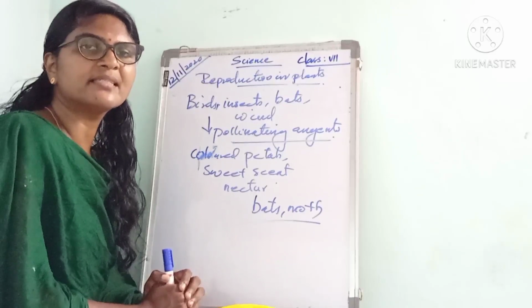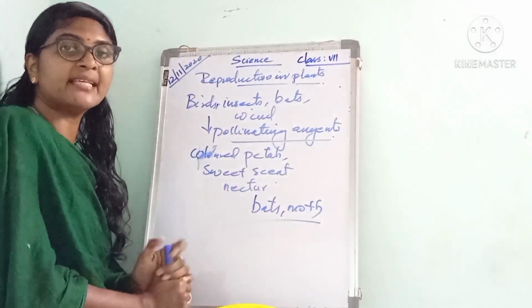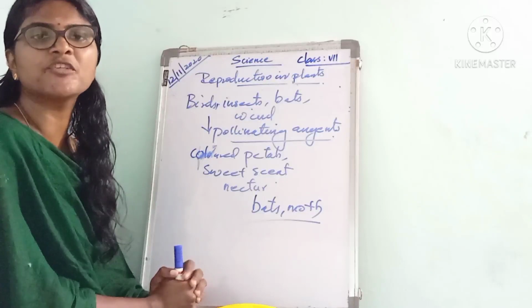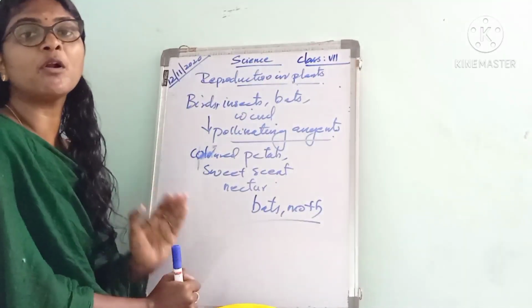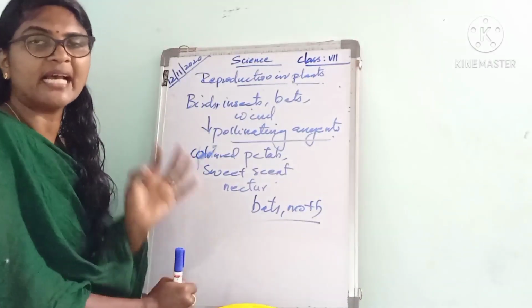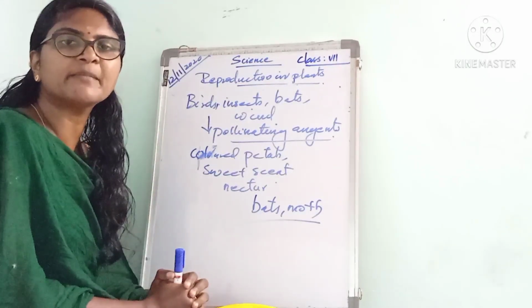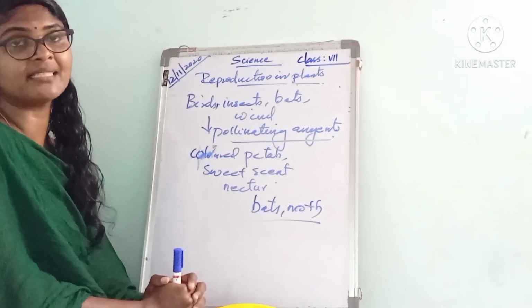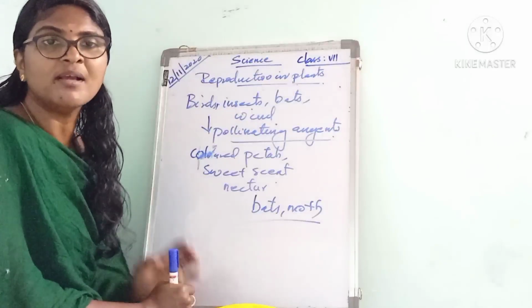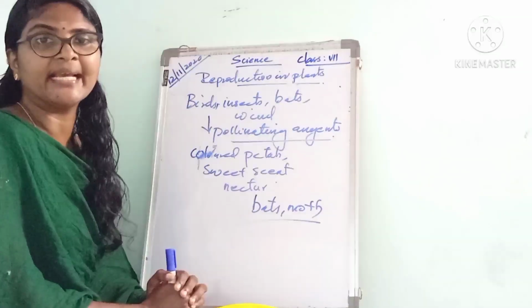Next we can see how pollination occurs through wind. Wind is one of the pollinating agents. The plants whose flowers are pollinated by wind produce many small flowers, usually in large clusters, that means larger groups. The wind-pollinated flowers such as those of grasses do not possess colorful petals, and they do not produce nectar.